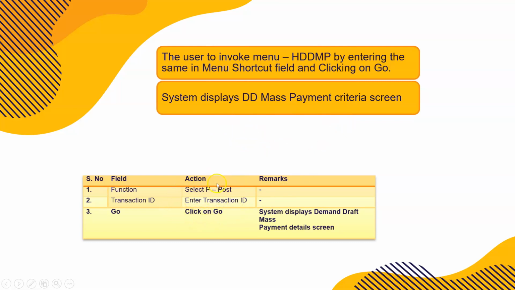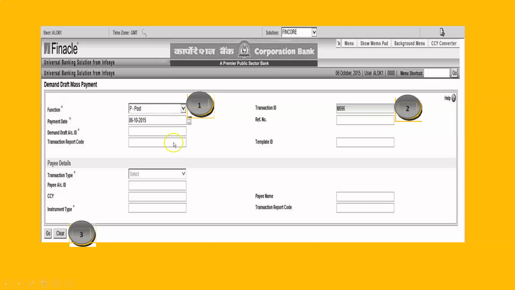Enter the transaction ID which was noted down by the maker on the demand draft slip. And you have to click on go here, right? So I'll show you on the screen here. Post here as verifier. Payment date will automatically come up as today's date. Transaction ID, this you have to enter manually. Whatever has been noted by the maker here, M696 here.